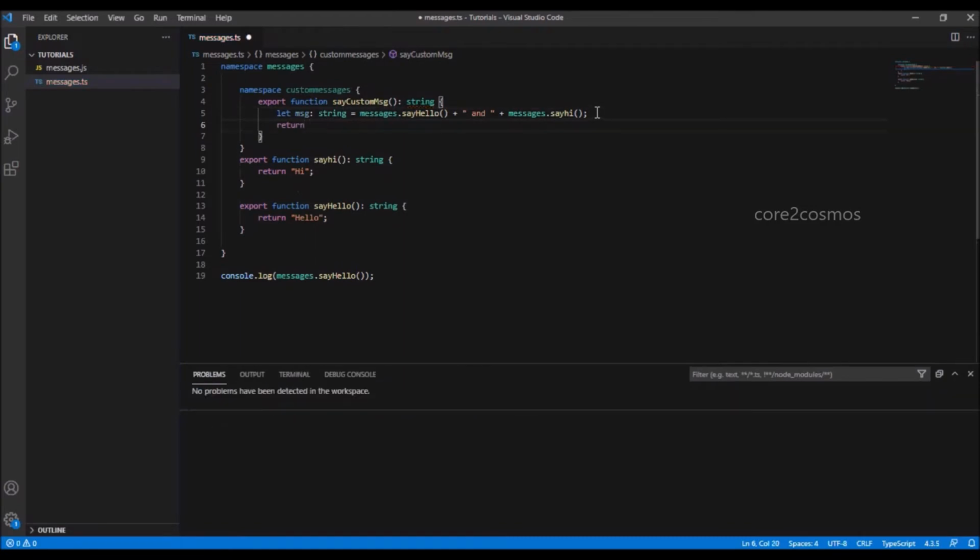Basically, I am going to return hello and hi. At line number 6, I say return msg. I export the customMessages namespace at line number 3.